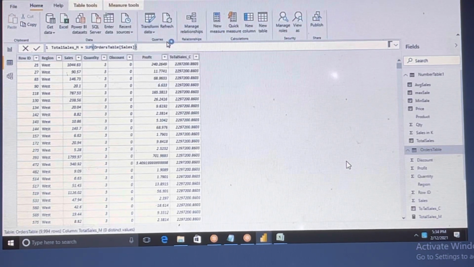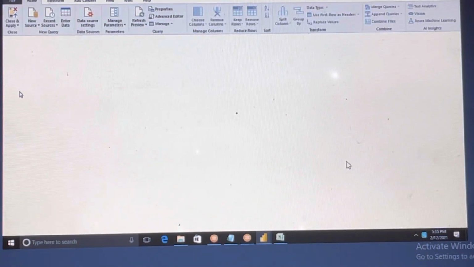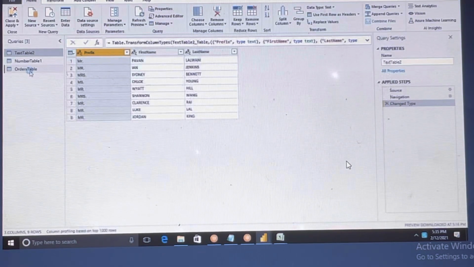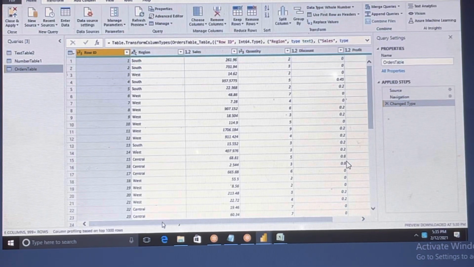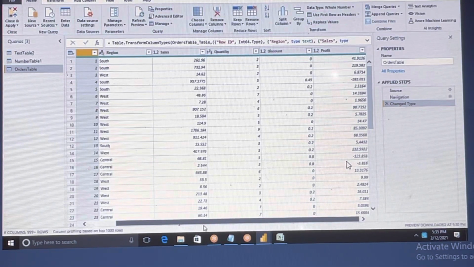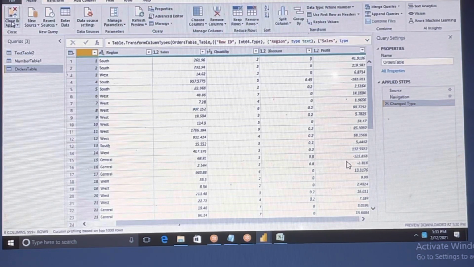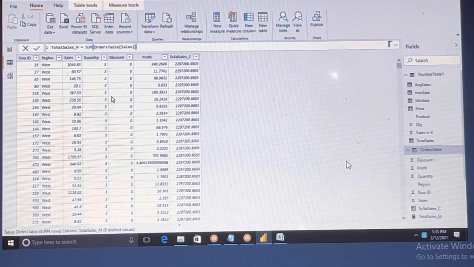Click on transform data. So here also you don't see that column. Let me close and apply. Then I will show you one sample visualization, then you will understand what the difference was.